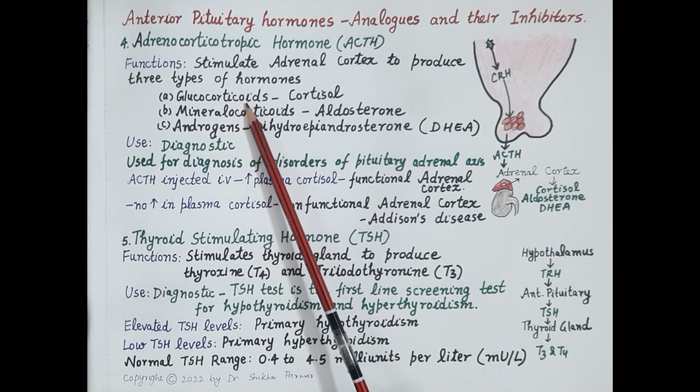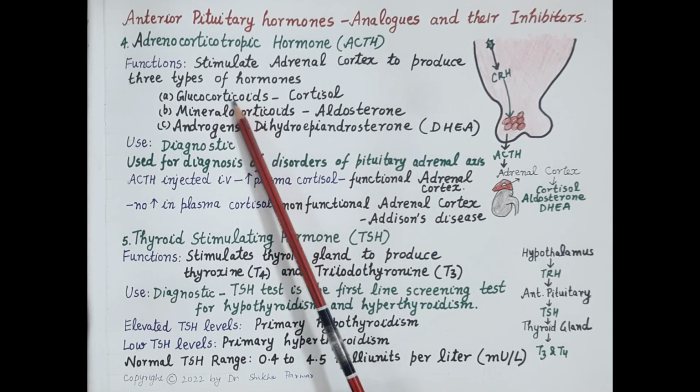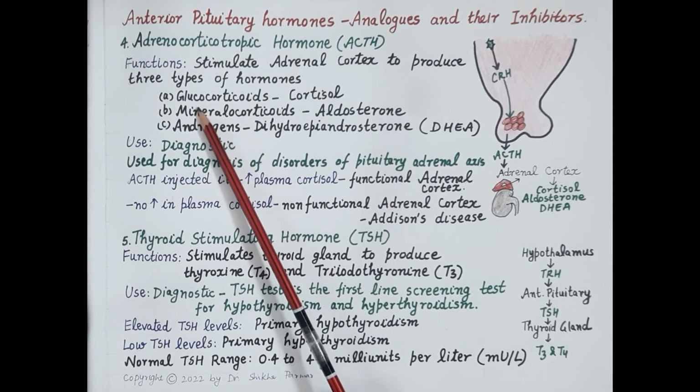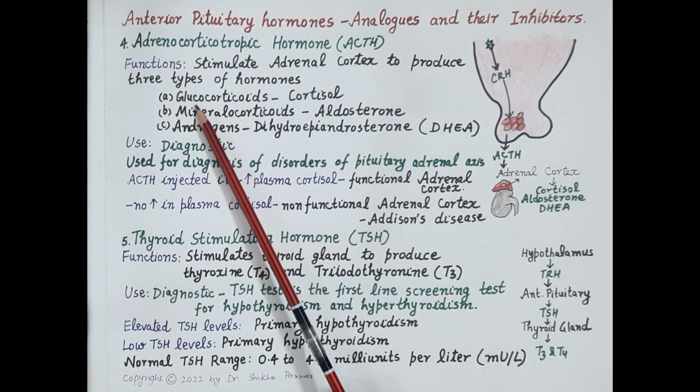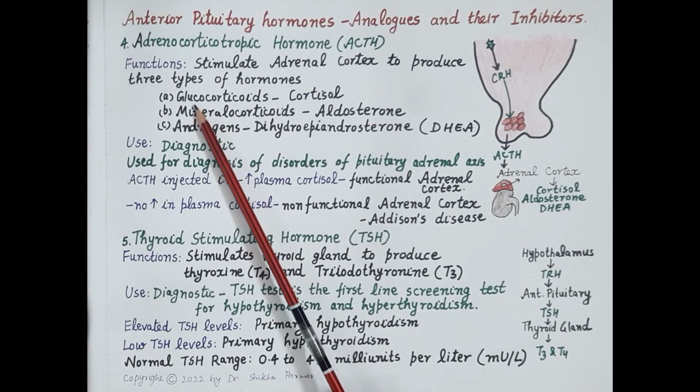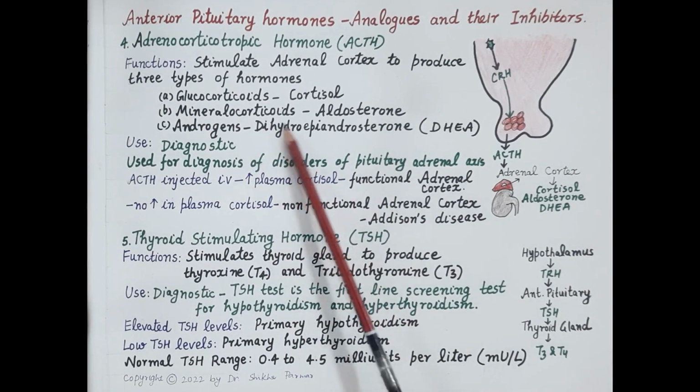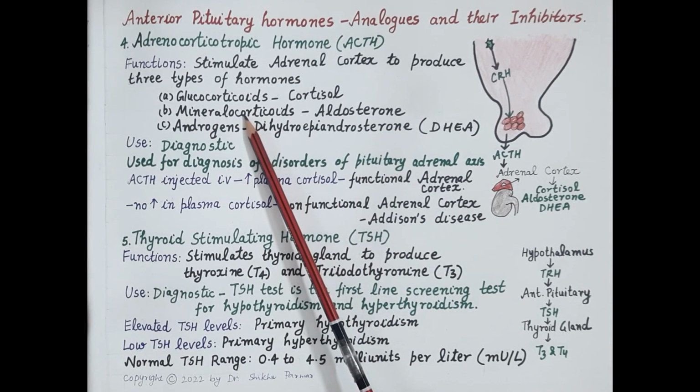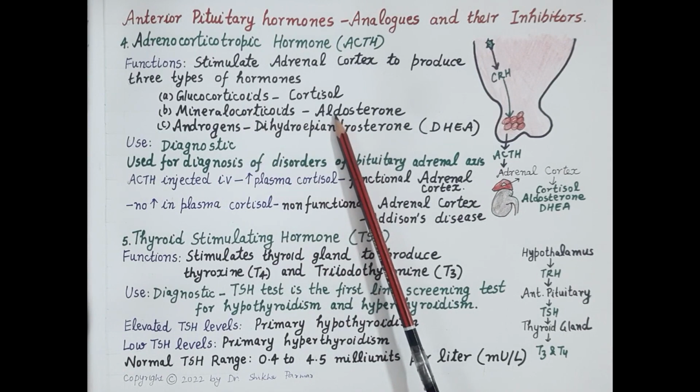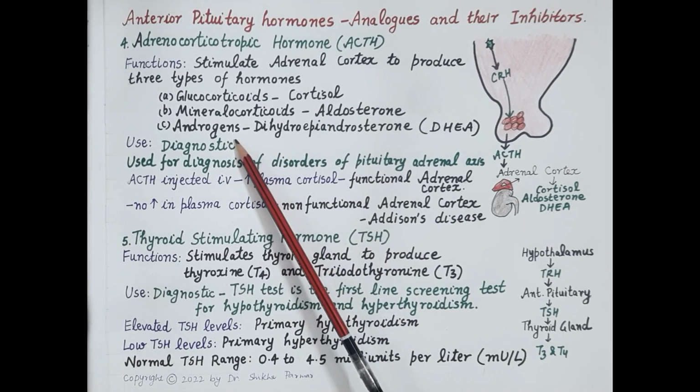Now, glucocorticoids, as the name suggests, primarily regulate metabolism of glucose. Glucocorticoids increase blood glucose levels and prepare the body to fight stress, because during stress, the glucose requirement of the body increases. Now, aldosterone is the main mineralocorticoid. Aldosterone regulates water and electrolyte balance of the body. Then androgens, specifically